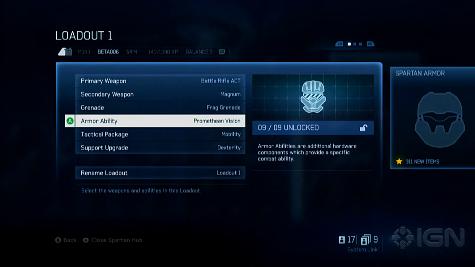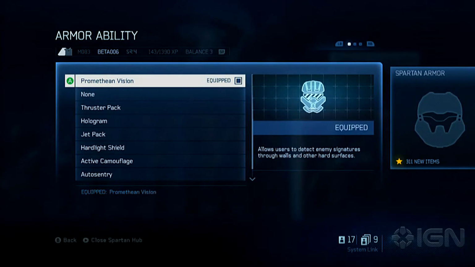The first of which we have highlighted here is Promethean Vision. Promethean Vision, we really wanted to explore the new Forerunner technology. And we've explored it with weapons. I'm sure you've seen the new incineration cannon and the binary rifle, all sorts of new ways to make your opponents in multiplayer disintegrate. But Promethean Vision lets you find them. And with this, you can fire it out. It'll be like one big wave or pulse that sort of emanates around the battlefield, and it'll help you find